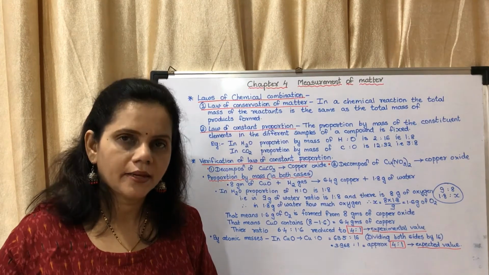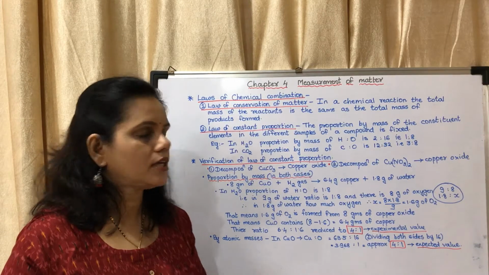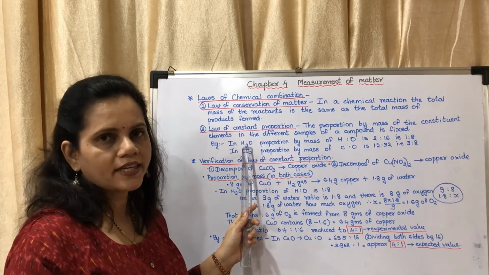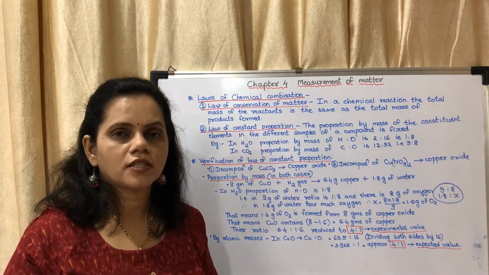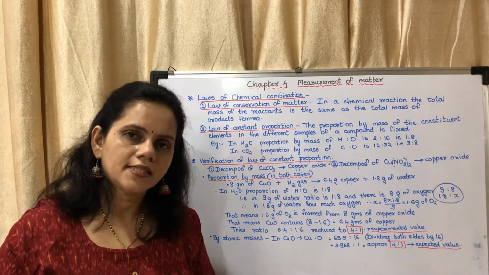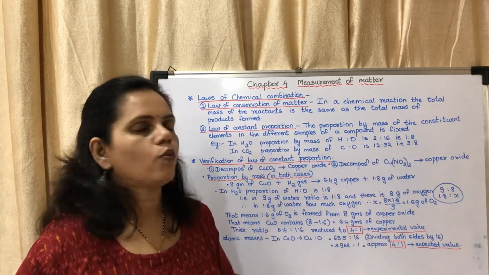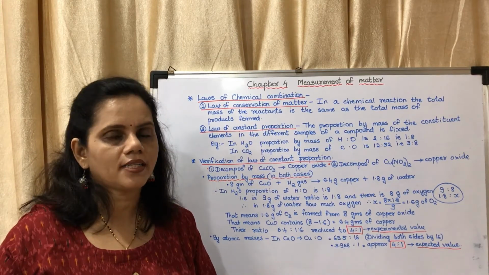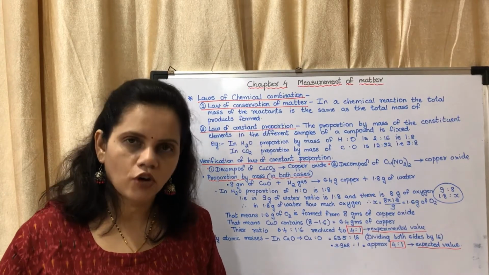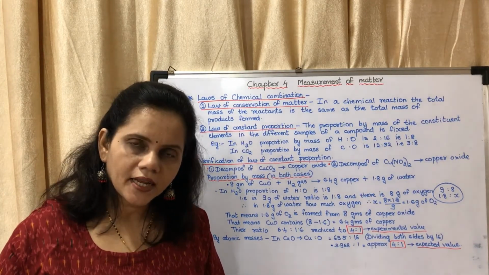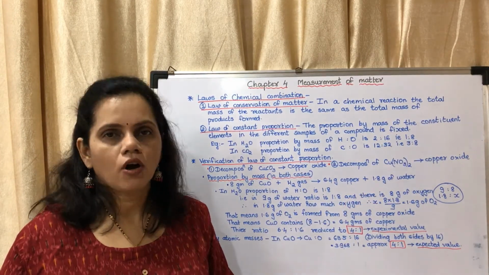Now where did these numbers come from? 1 is the atomic mass of hydrogen. As there are 2 atoms of hydrogen, they have written 2 here. And what is the atomic mass of oxygen? The atomic mass of oxygen is 16. So the ratio is 2:16. It is reduced to 1:8. That means in 9 grams of water, I repeat, in 9 grams of water, there is 1 gram of hydrogen and 8 grams of oxygen.